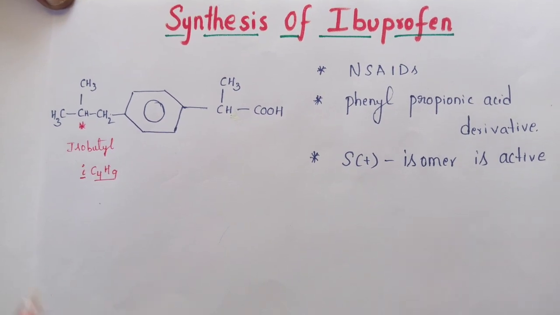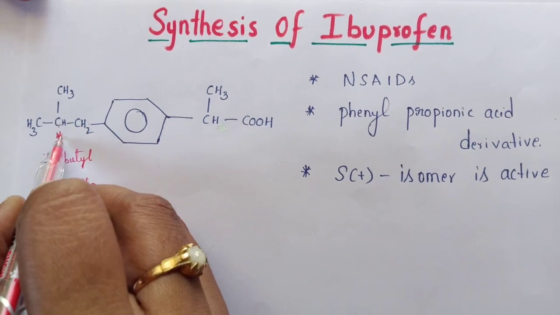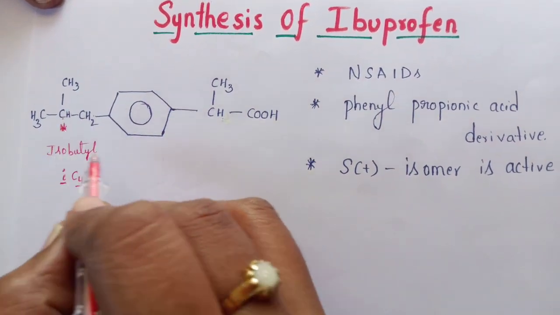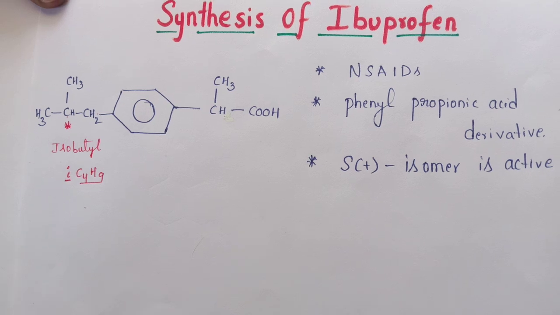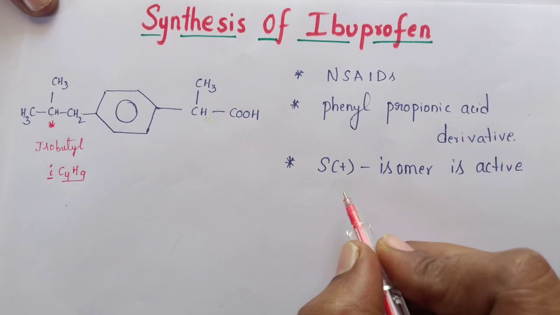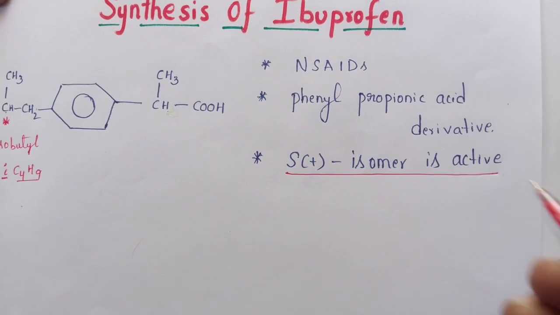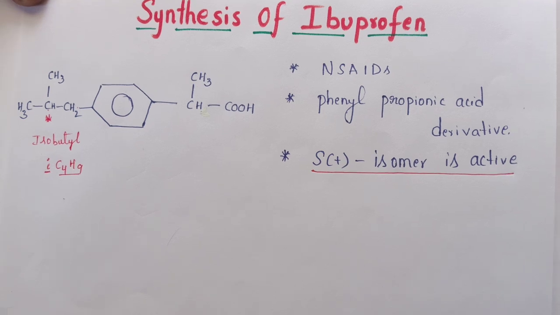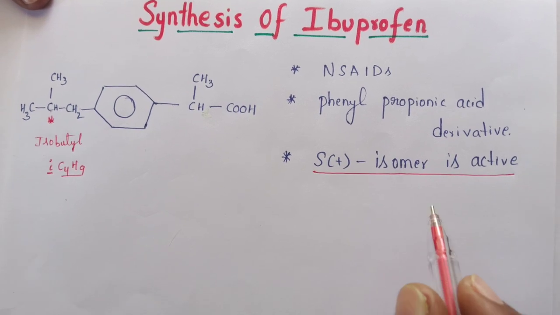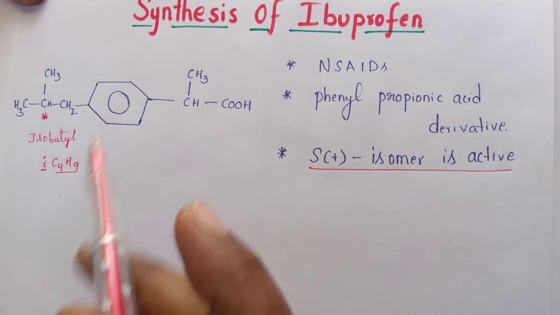Here the star mark indicates an asymmetric carbon atom. Because of this asymmetric carbon atom, ibuprofen generally exists in two forms: one is the S isomer and the other is the R isomer. Which isomer is biologically active? The S isomer of ibuprofen is biologically active in nature. So this is the sum of the information about ibuprofen, and coming to the synthetic steps,